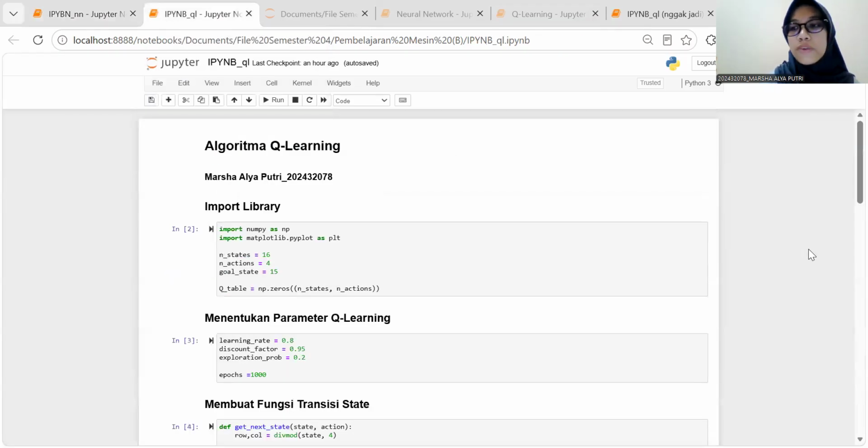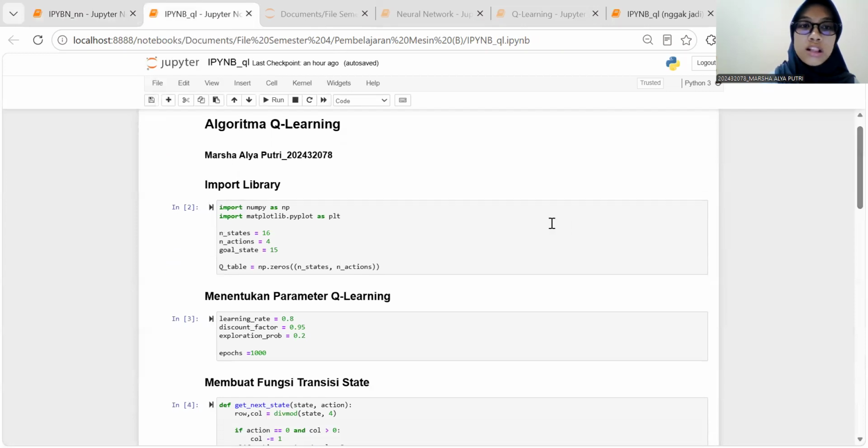And next, we move to the Q-learning algorithm. In the first step, we import the required libraries. We use NumPy to perform numerical computation and create the Q table, and we also use Matplotlib to visualize the final Q values after the training process. These libraries help simplify mathematical calculation and data visualization.